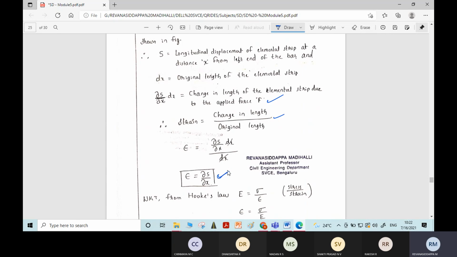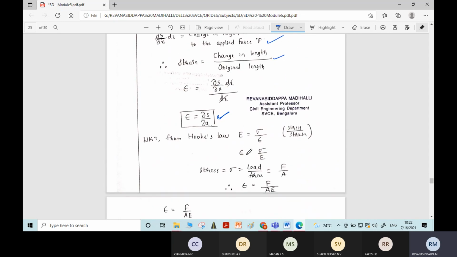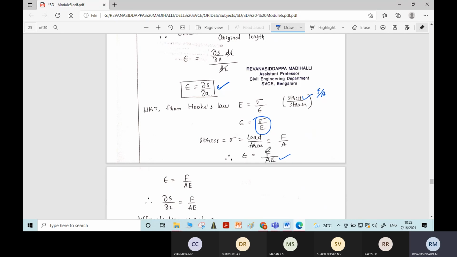After getting the equation for strain, using Hooke's law, that is Young's modulus E equal to stress by strain, substitute stress equal to force by area, that is F by A. The stress F by A is substituted, and this formula becomes F by A into E. This epsilon becomes equal to sigma by E. If you substitute that stress as load by area, or force by area, the formula for epsilon becomes